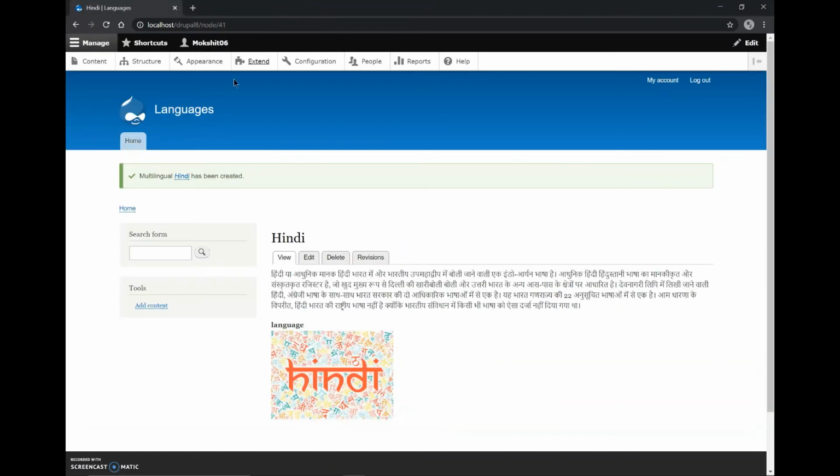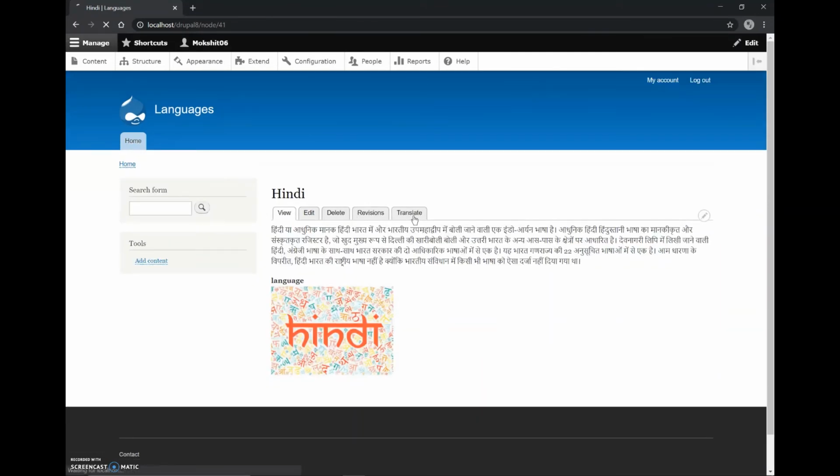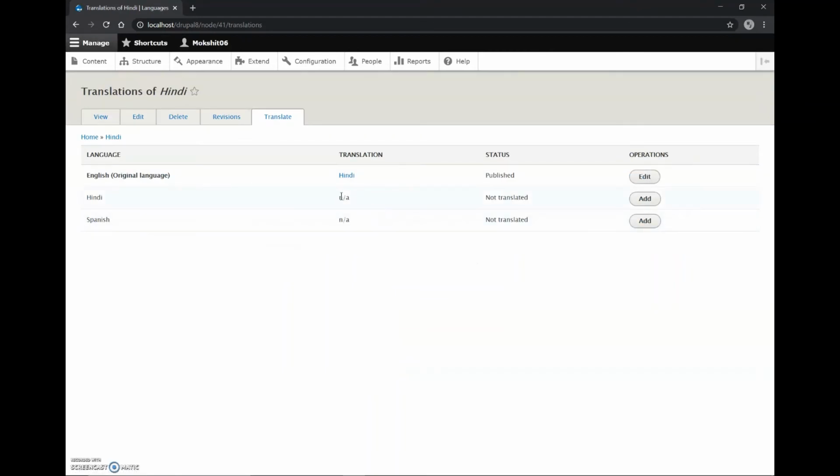Okay, it has been saved. When I reload it, yeah, I can see this translate to different languages. So okay, I'll go back here,